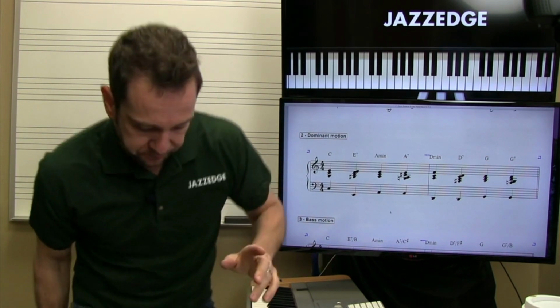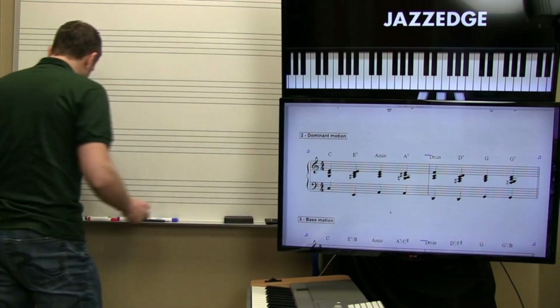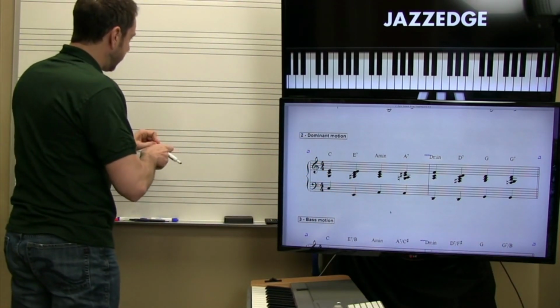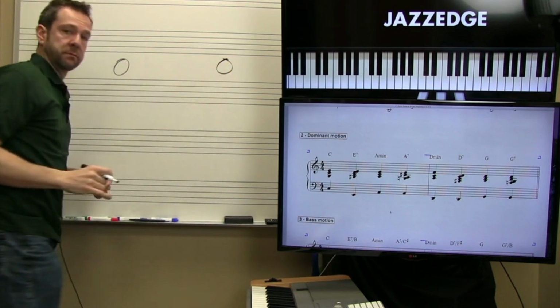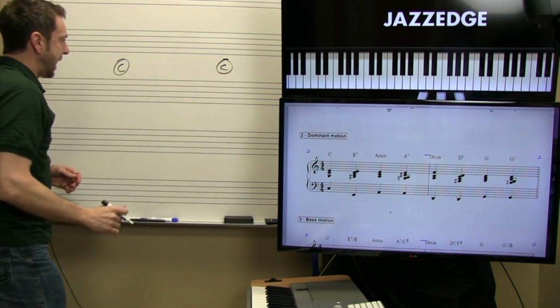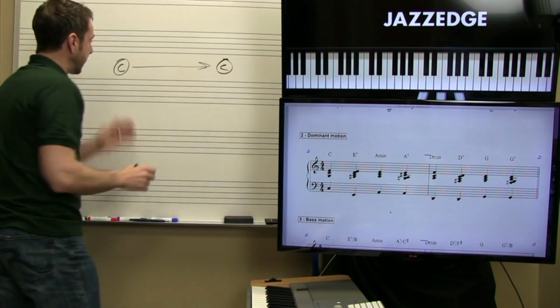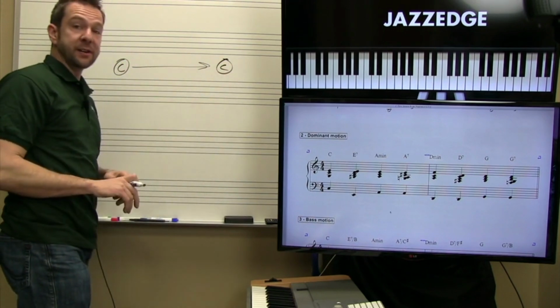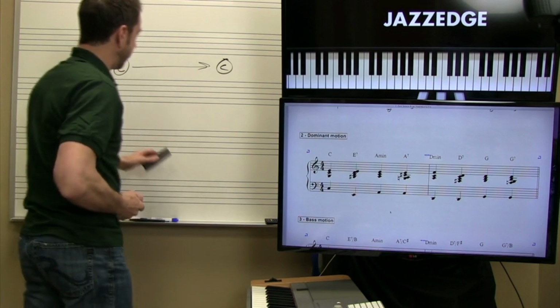Basically, anytime that we have a chord, okay, so we have chord here, chord there, okay? So put a little C in there, chord, chord, okay? Now, typically what happens is we move just directly from that chord right into the next chord. We don't have to do that though, all right? What we could do